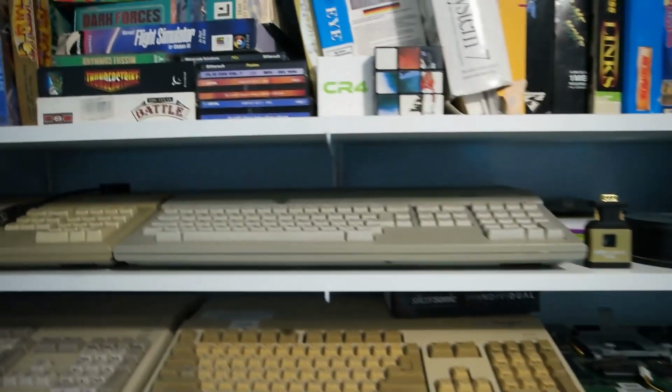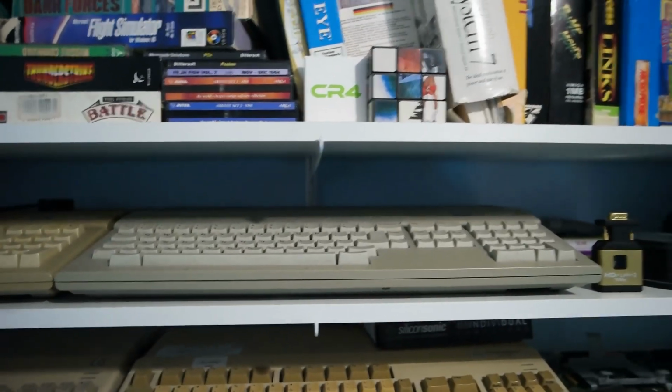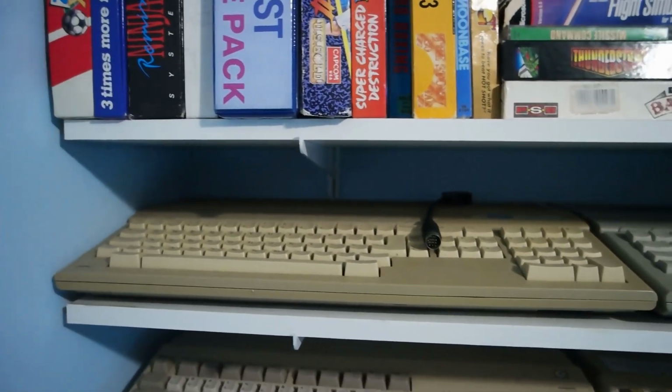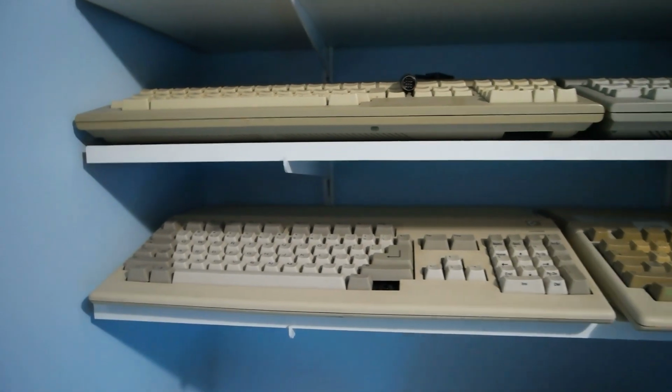We have an Amiga. No. Blasphemy. We have an Atari 1040 STE and we have an Atari 1040 ST. We have an Amiga 500. This is an ancient one. I got in a pack with this